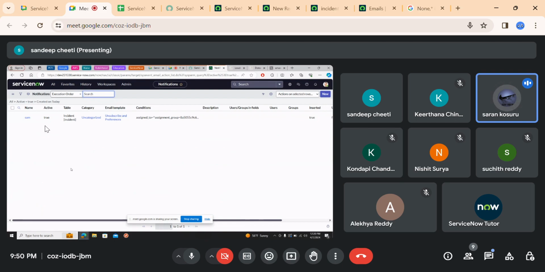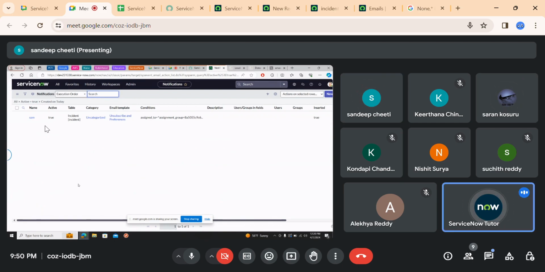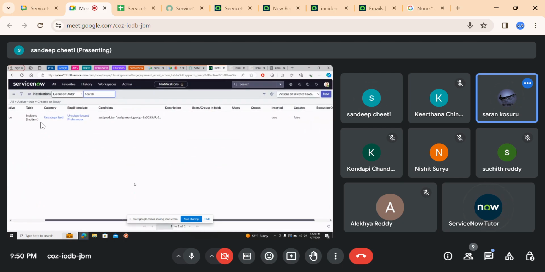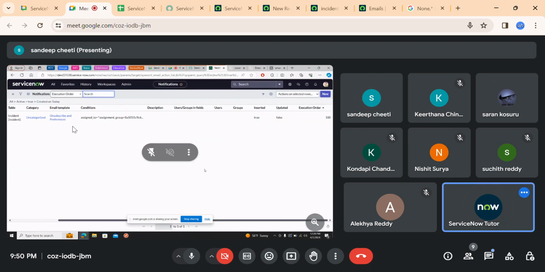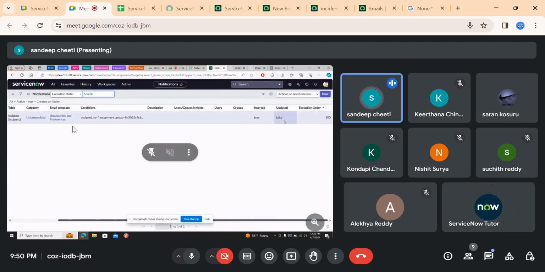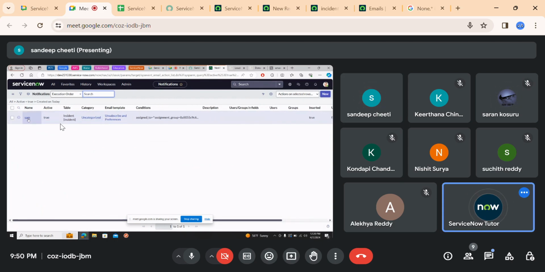So Mana, if we create that, then also we will get the emails in the Outbox, right? I didn't get you. Can you come again? If we select insert and update, and if the condition is satisfied, then we will get the details in the Outbox. Check the Outbox, inserted or updated. Yeah. You can open this notification, Sam. That is false. Okay, I created this. Yeah, you can open this.